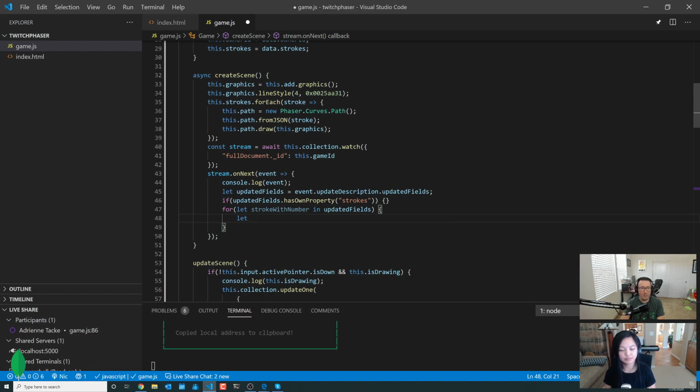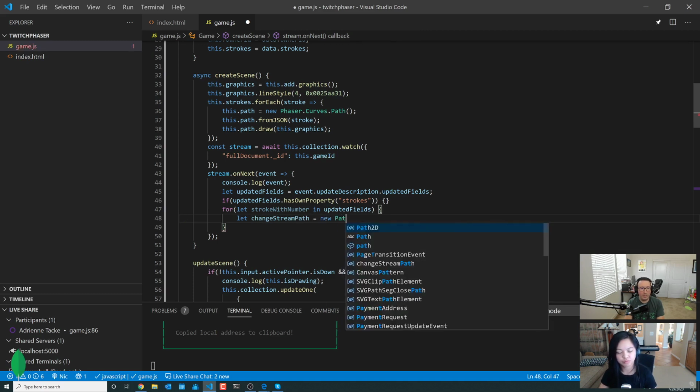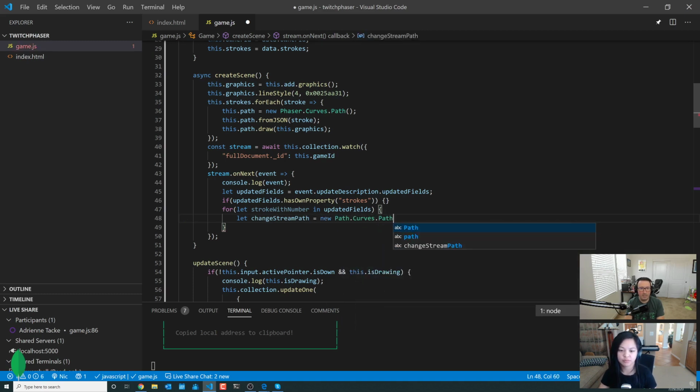This is where we create a new path. But something that you might want to take note of is we can't necessarily use this.path because we're working with that when we draw. And if we're trying to draw to a path and we're trying to mess with the change stream in a path, we're going to end up with some connected lines. So it just makes life easier if we set the change stream path as a different variable name. So changeStreamPath equals new path.curves.path.